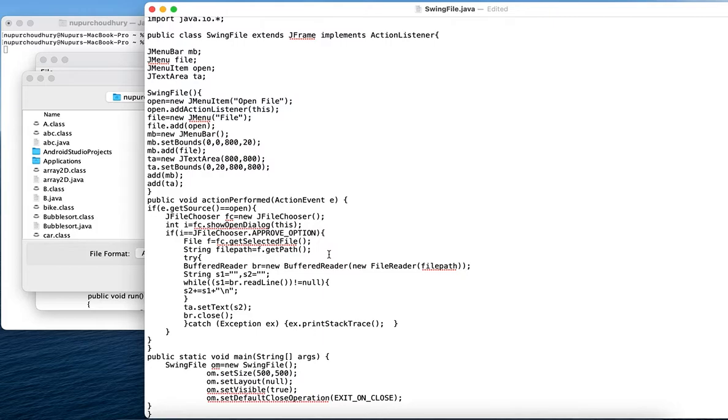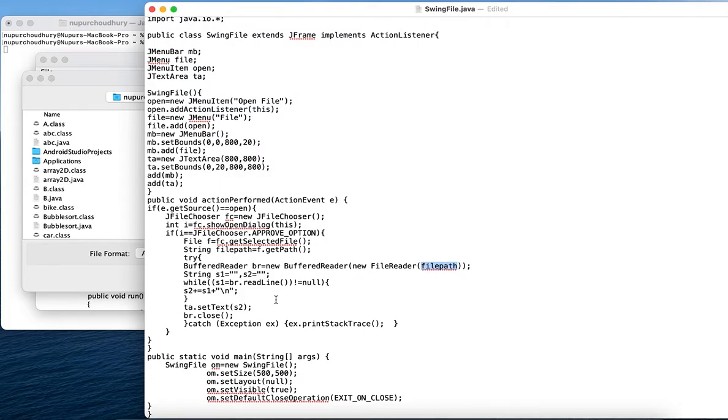And since this is a file operation based method, we have to go for exception handling, so we are using try and catch here. Within try, we will simply use the code which would read a particular file. We have already done this reading of a file in our file handling programs. You can always go back and have a look at how it works. But here, let me simply explain. We are creating an object of BufferedReader, and we are using the file path to send it to the stream from which the file could be read.